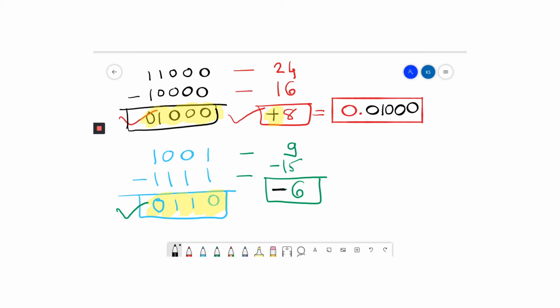And same for the 6. Okay, so what is the binary, because here we have 4 values, we'll write 0110. But as we can see over here, we have the negative sign, and for the negative sign, what do we use? For the negative sign we use 1, right? So 1.0110. So this is my final answer. So now this is right. This is how we calculate and validate the binary numbers and binary arithmetic operations.